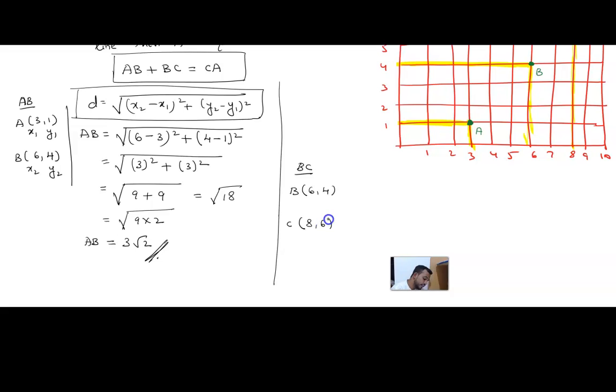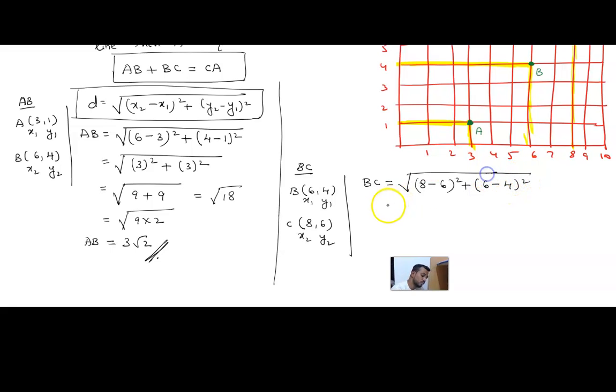Anyway, x1, y1, x2 and y2. Then we are finding the distance between B and C, right? That is BC is equal to root of x2, x2 is 8, minus x1, which is 6, whole square, plus y2 which is 6 minus y1 which is